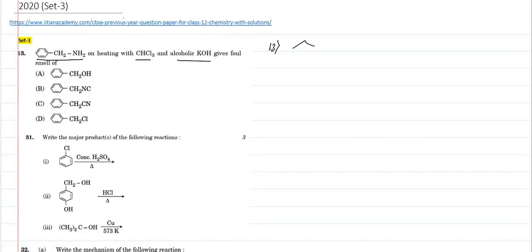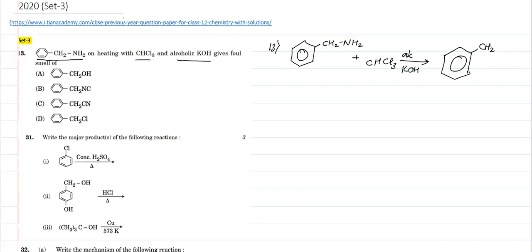So when we have this particular compound reacting with CHCl3, as chloroform, in the presence of alcoholic KOH, it gives us carbylamine. So you have the NH2 group shifting to give us an NC group, an isocyanide, plus 3KCl plus